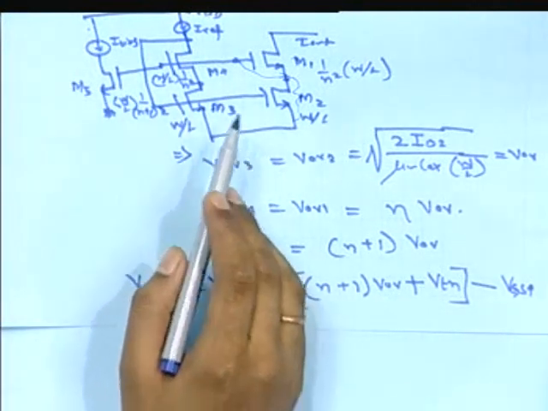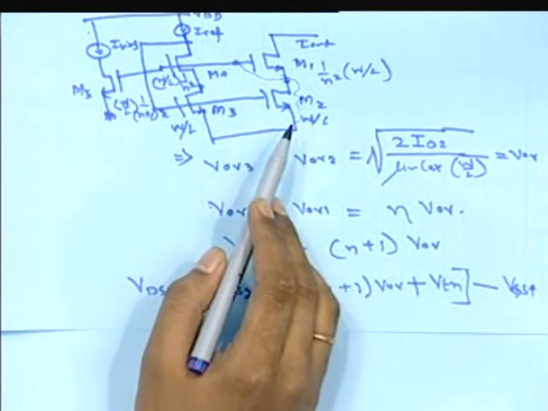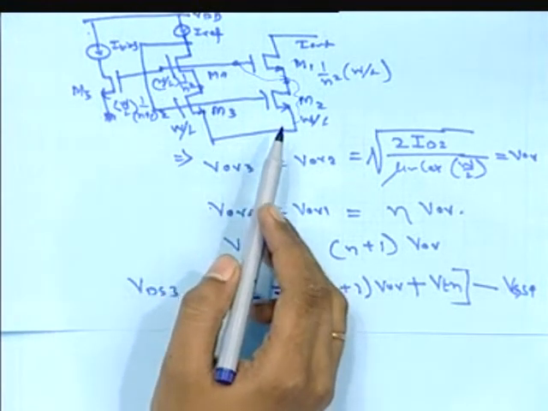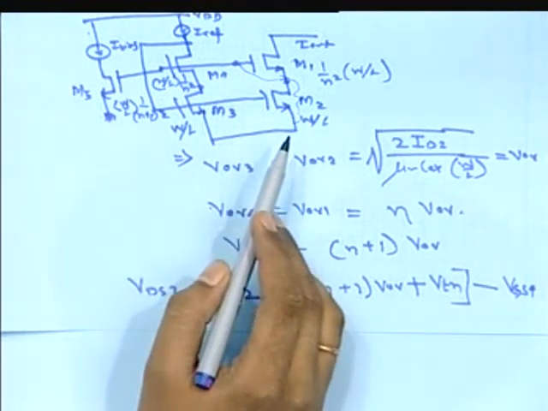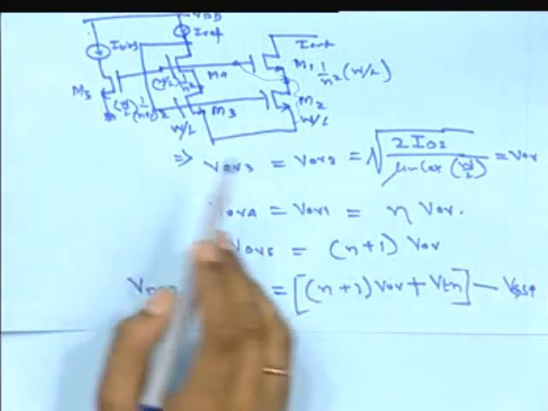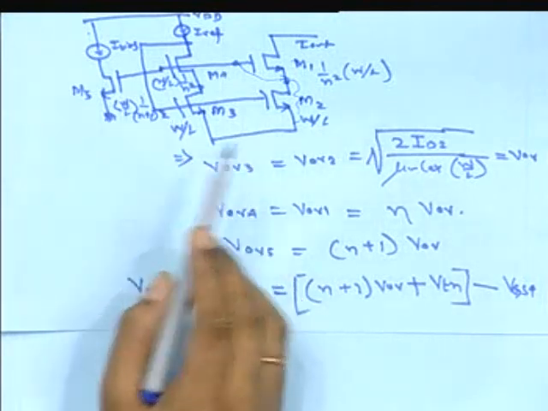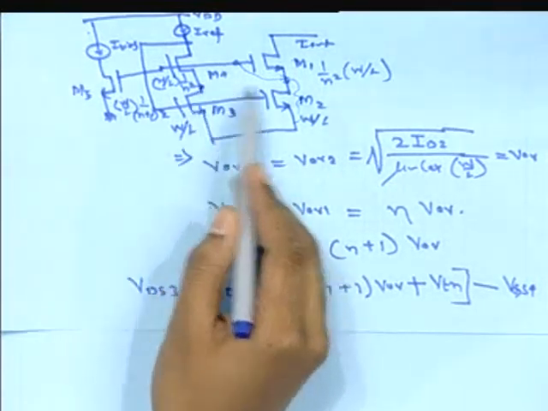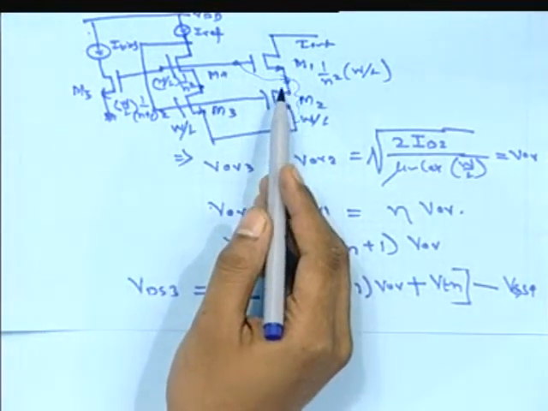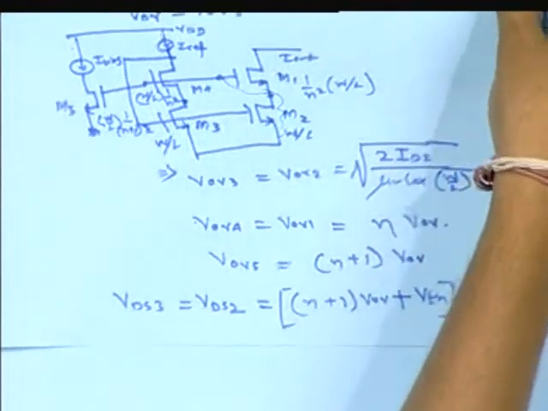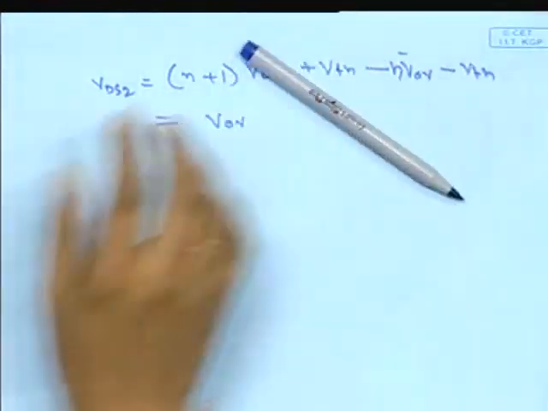This is the main thing: for both transistors, VDS3 is equal to VGS2 minus VTH, so both are in the saturation region and will not be affected by any perturbation. It may be a current, I bias, I reference or whatever, but this node voltage will always be equal to VOV. This is the main property of these circuits.